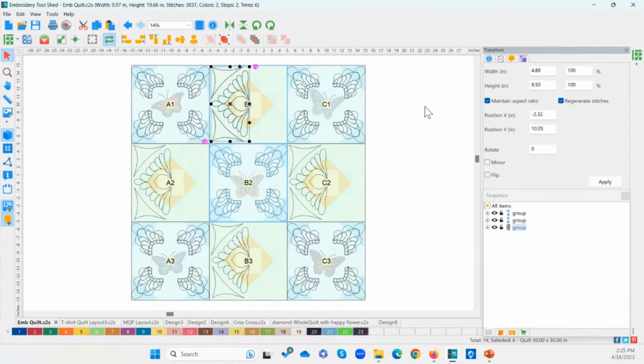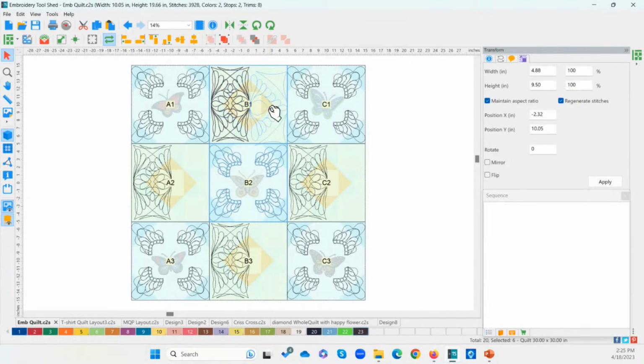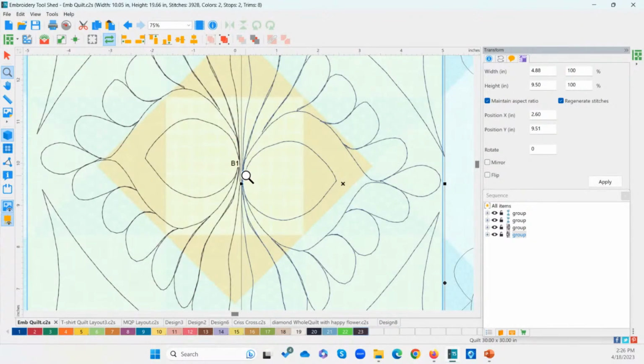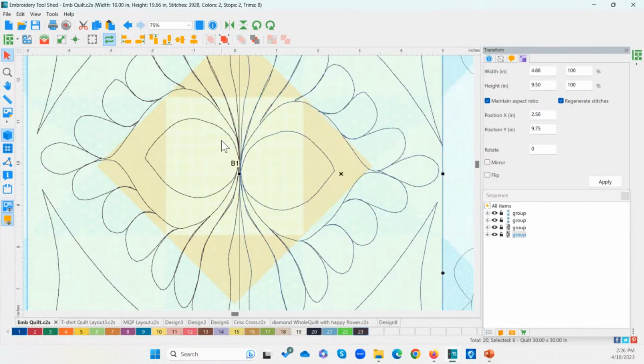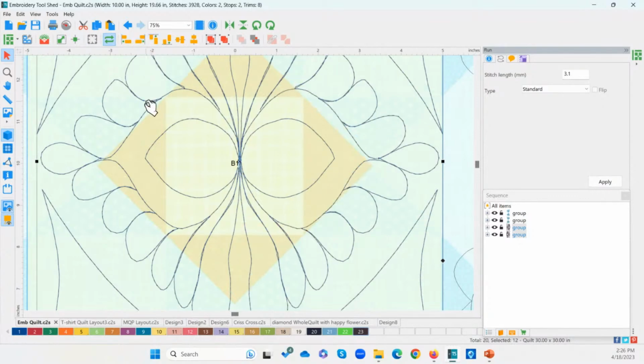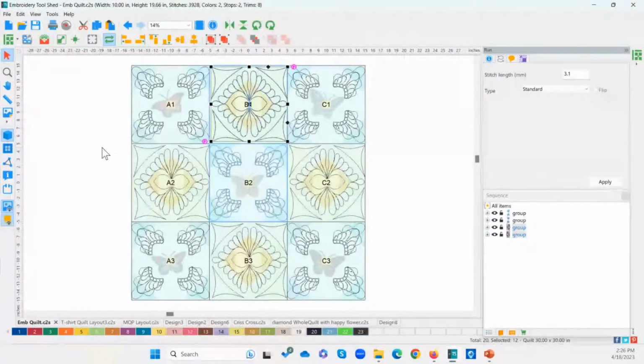And then this particular block here, the width is 4.8. So that is perfect for my 10 by 10 block. If I were to copy it, paste it, and then bring that over here to the other side. And if I zoom in, remember your zoom tool is super helpful. I can click and drag a box and I can see how close I am to those designs, and that's perfect. And then I can select both of them by holding down your control key. Click on one and then click on the other with the control key. And then you can use your alignment tools here to make sure that they're straight there in that block.